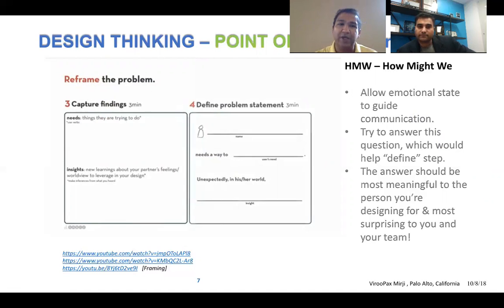Right. You need to capture their needs, derive some insights from that, and then lay out the problem statement clearly in this particular manner: How might we, HMW, solve a particular problem for a particular stakeholder to achieve certain results in a very interesting and unique way. So that's the way you have to clearly list it. Now I'm keeping it very short and sweet, but you can see this video.